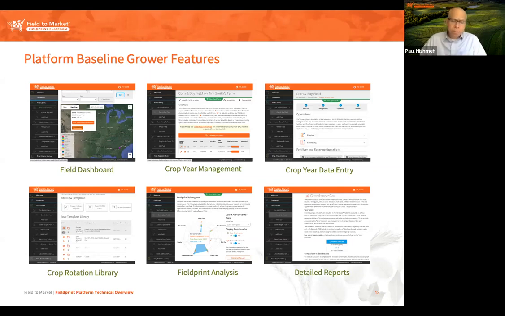in terms of functionality. Growers can obviously visit their dashboard to see the farms and the fields that they've entered in the platform. They can look at the crop year. So we talk about crop years as a 2020 corn or 2019 soy. Everything is analyzed at a crop year level. They have the option, of course, for data entry, from the rotation information to management information to operations related sort of as applied type data. There's a crop rotation library, which I'll touch on a little bit more in a moment, that feeds into the models. Then, of course, the analysis page, and then the detailed reporting that an individual grower would get for the